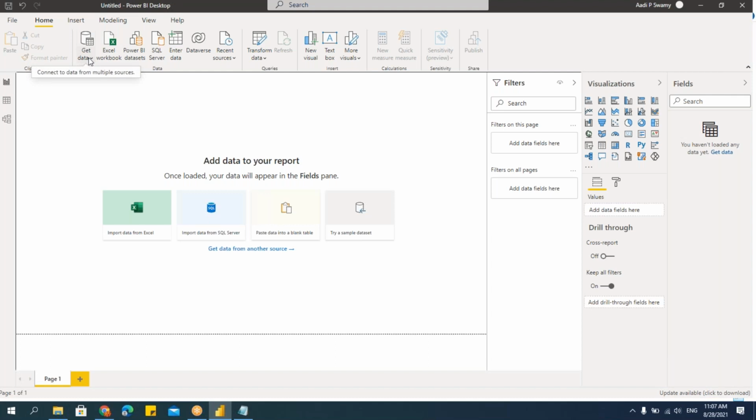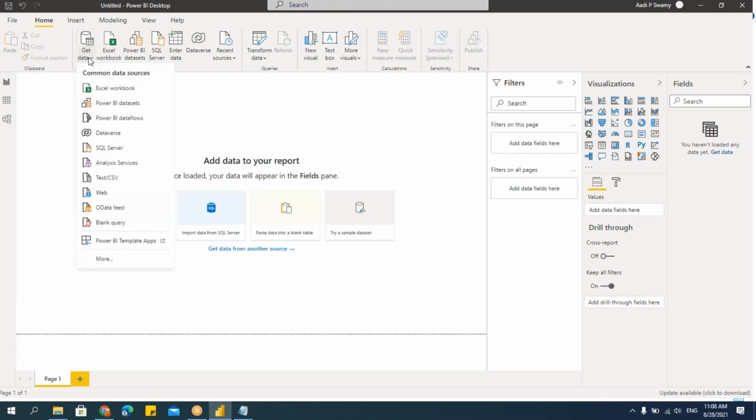And learn this, because the same thing is there in the new version of Excel as well, wherein I can import the data in Excel 365. When I click here, I'll get all the data sources which I can import. There are some 48 to 50, I think some 58, I'm not sure about the number. They'll keep on getting added. So you can see that almost most of those data sources can be added.